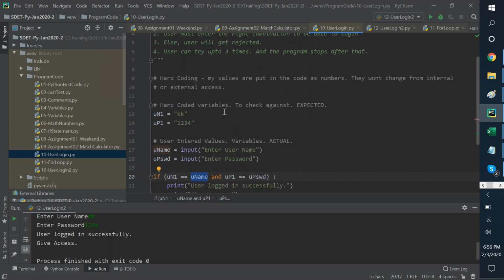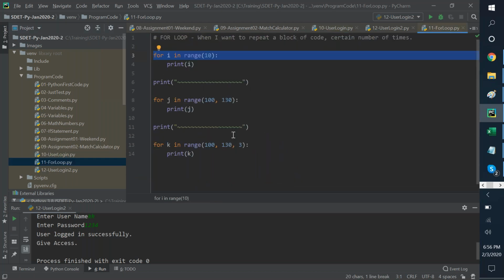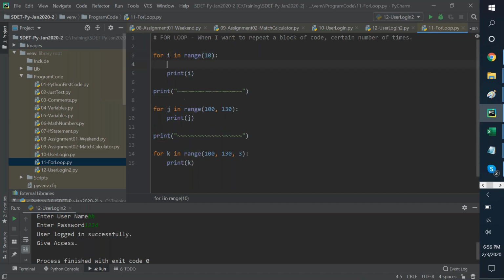Then we said that hey, we may have to try this three times. So we learned the concept of for loops, team. Only three basic types of for loops that I showed you so far, where I said for i in range 10 and I said print i. Why do I need this tab? I need this tab to show that the statements are within the loop. So I say print here. What do I print? Something like this. And on each line it will do that.